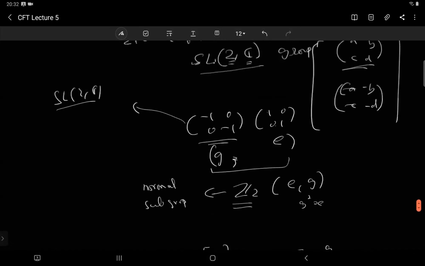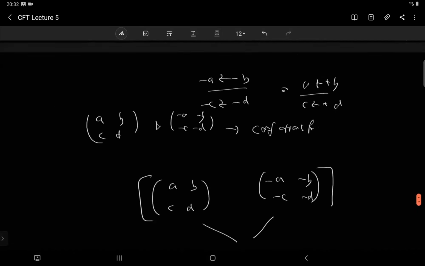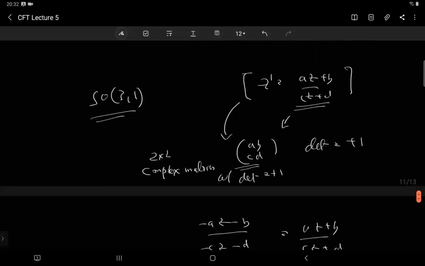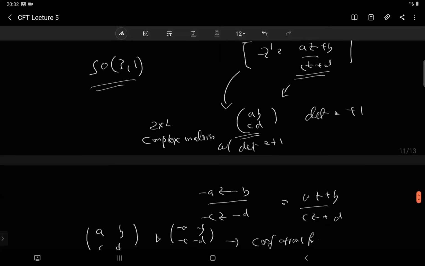So what are we saying? First, from the conformal transformation part, if you choose a particular value of ABCD, then that is a conformal transformation. For every value of ABCD, there's a conformal transformation. But not just ABCD: ABCD and minus A, minus B, minus C, minus D are both the same conformal transformation. That's the second statement. And these are in one-to-one correspondence with the group of matrices with determinant 1 and complex entries, because when you do many conformal transformations, you're just multiplying matrices. So these correspond to the complex matrices of determinant 1, which is the SL2C group.